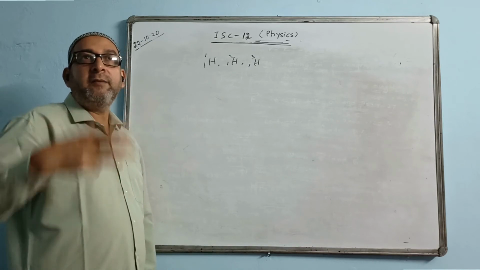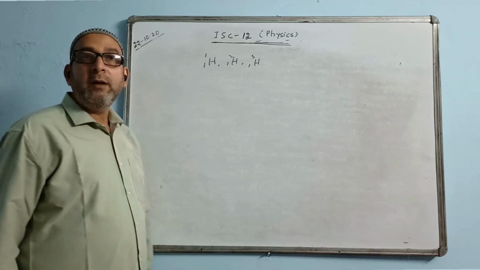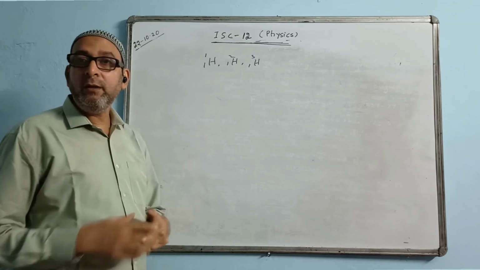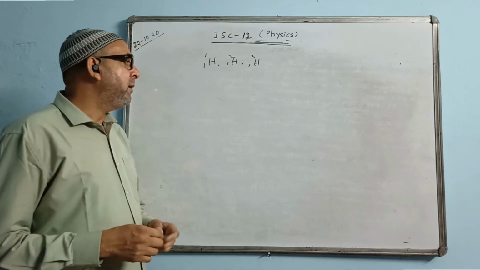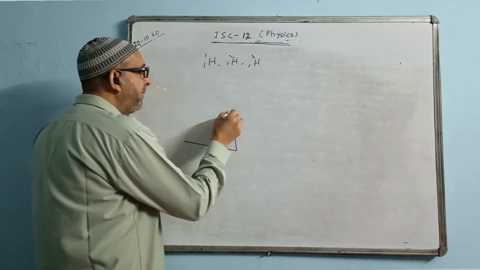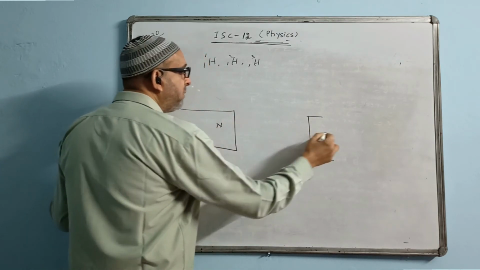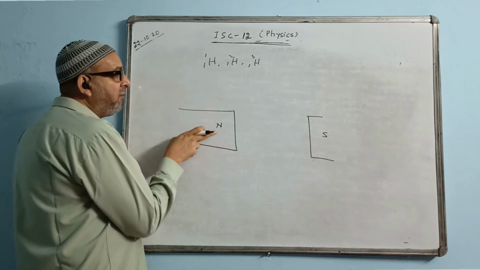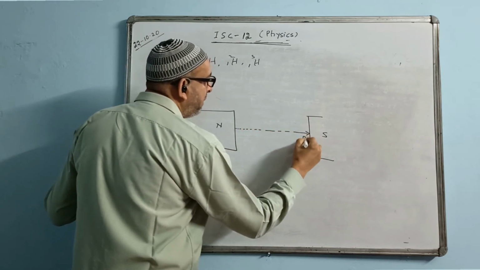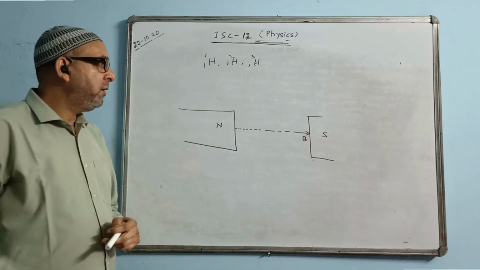So how do we check whether hydrogen has got 3 isotopes, and in what ratio do they occur, and what is the ratio of their masses? We find it by this technique only, using the Lorentz force technique. In that technique, we will be using a magnetic field region like this. Maybe one side north pole, one side south pole. The direction of the magnetic field, B, will be from north to south, always.